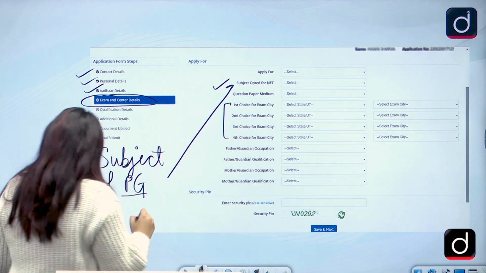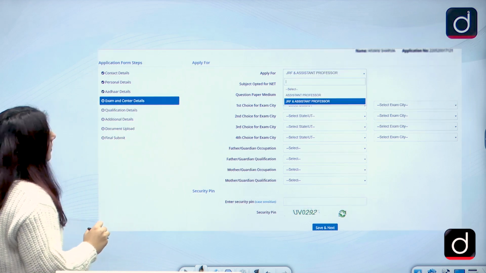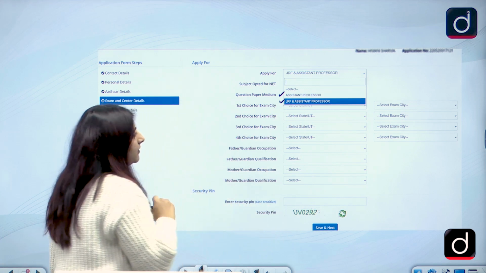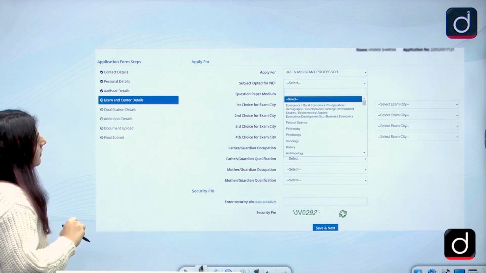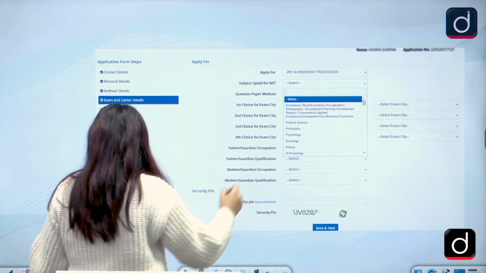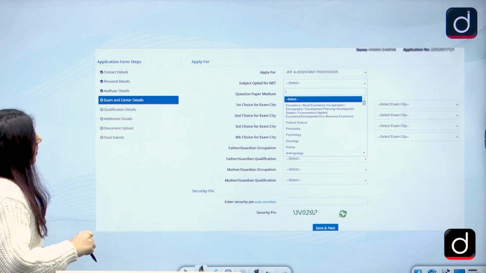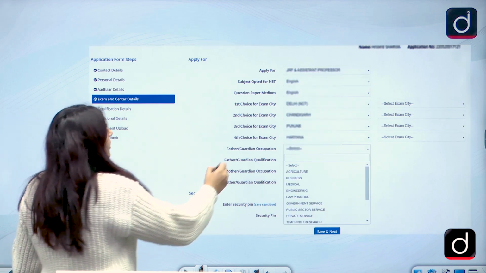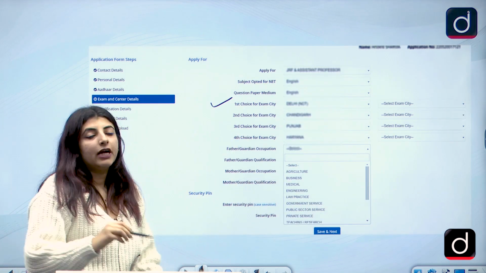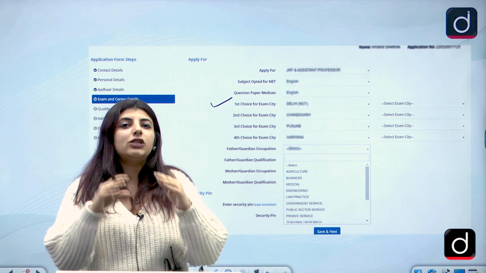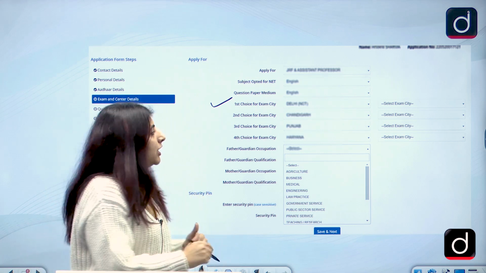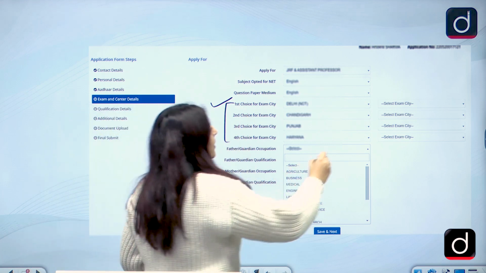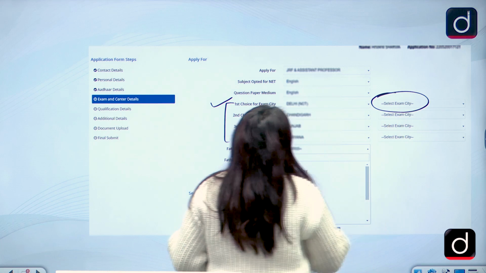Then moving on to, let us just see here, right? As I told you, assistant professor or JRF and assistant professor. Then choosing your subject from the options below, right? Your medium, and then your first choice of exam city. So fill in the details whichever city is nearer to you. So correctly fill all the 4 choices which are there, and then you are supposed to select the exam city,